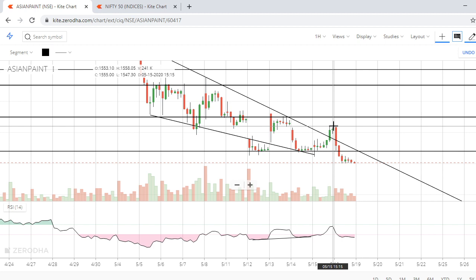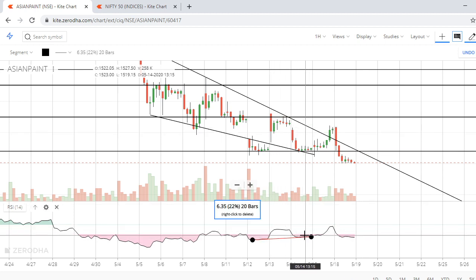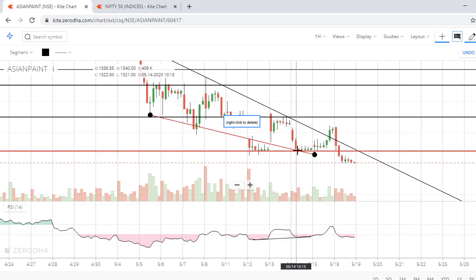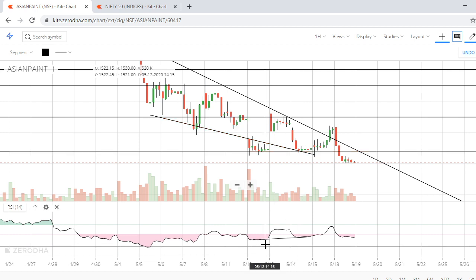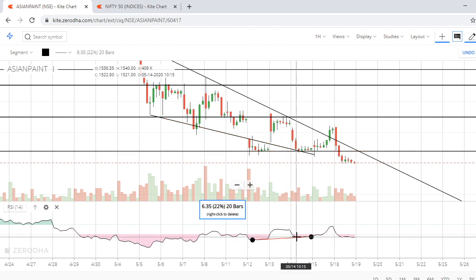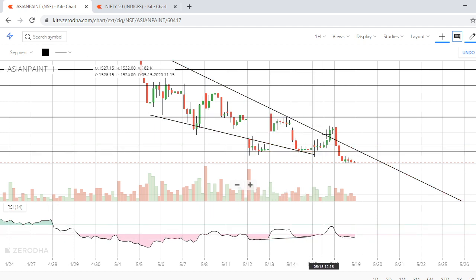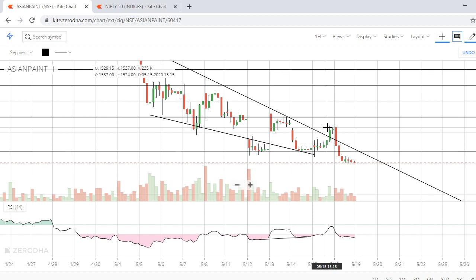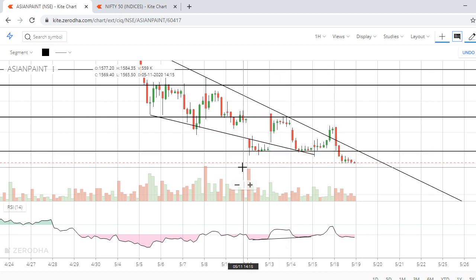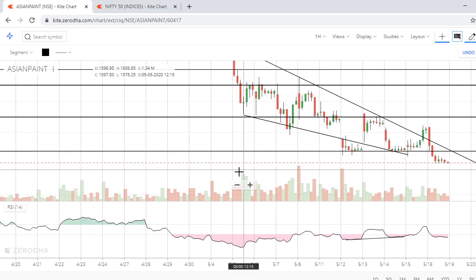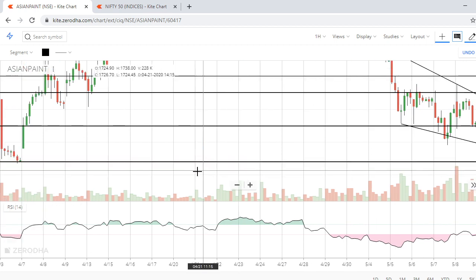So it all depends. Okay, now the entry is, this is how it made double bottom here, but here RSI is in an up move, it is making higher lows. So this is a bullish divergence, you can take an entry and you can see the blast in the stock. We'll try to explain one more example on the same chart, which is somewhere around the month of March.